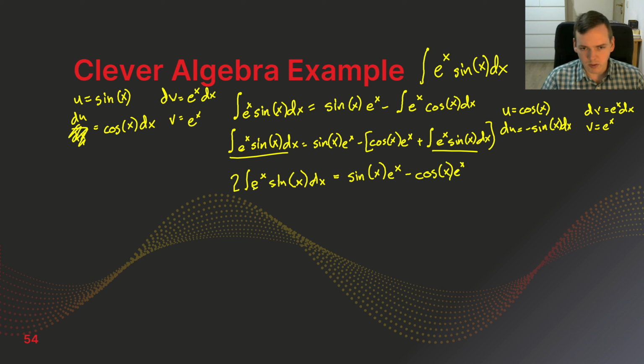So in other words, what we originally wanted was the integral of e to the x sine of x dx, which I almost have here. I just need to divide by 2. So the integral of e to the x sine